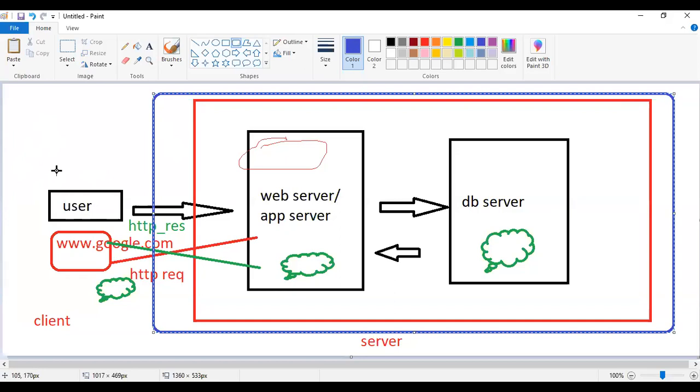The moment that outlet is open, they will log in and feed the data continuously, whatever is happening every minute. So everything will be updated here.